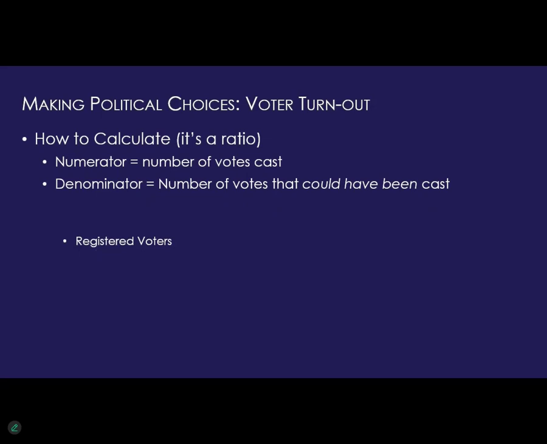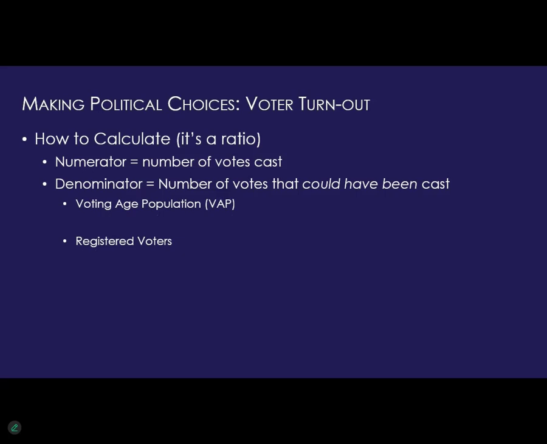One is registered voters. This measurement results in the highest possible voter turnout percentage because it is the smallest group, people who actually have registered to vote. Another option is to use the voting age population, people who are old enough to vote but may not be eligible due to citizenship, residency requirements, or even a past criminal conviction, or they may not have registered. And when measured this way, voter turnout will appear very low because this group is the largest of the three